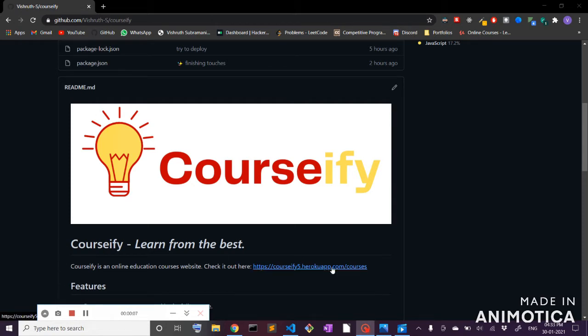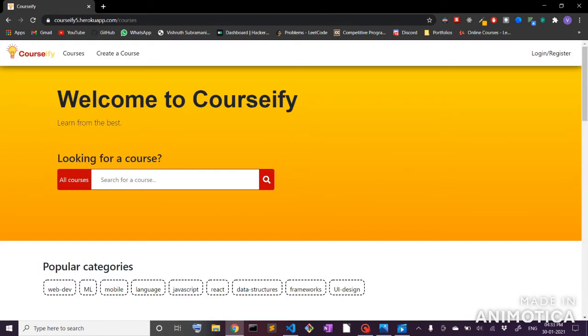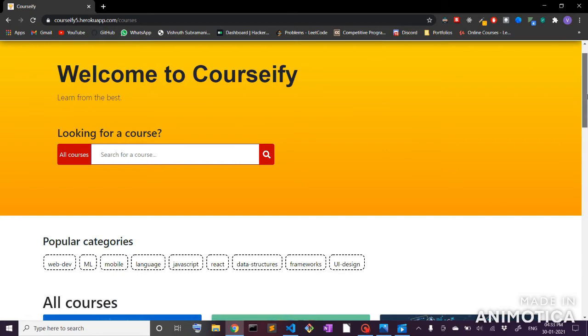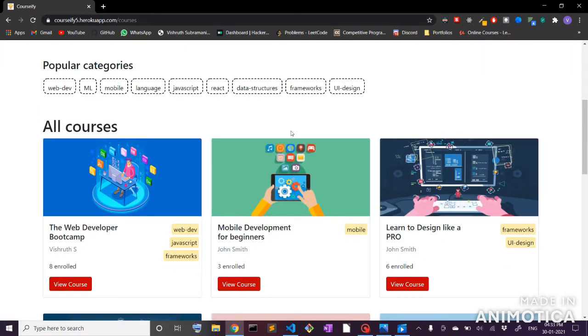So let's go to the app, and this is our app, Coursify, the homepage of our app. It's basically a website where students can enroll for different courses. This is the main page, and if I scroll down, I can see all the courses that are currently available